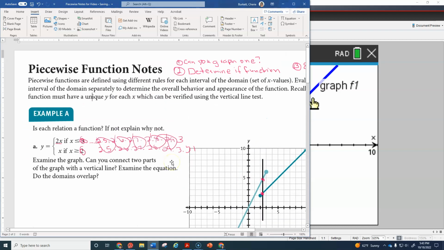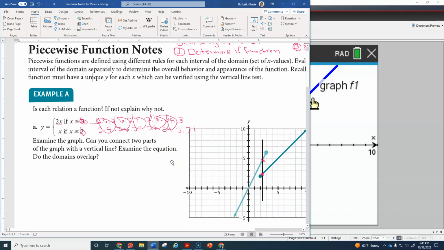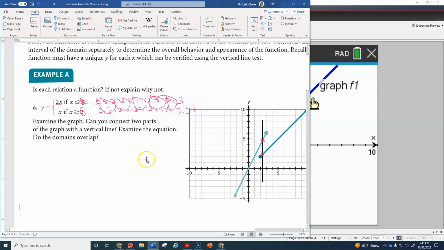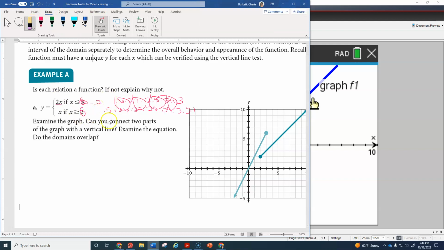Okay, the last thing we're going to look at, and it doesn't matter if it's a function or not, the last thing we want to be able to do is evaluate the graph or the relation, or if it's a function, we might want to evaluate that. So here's how you evaluate. Let me clean this off real quick. You evaluate